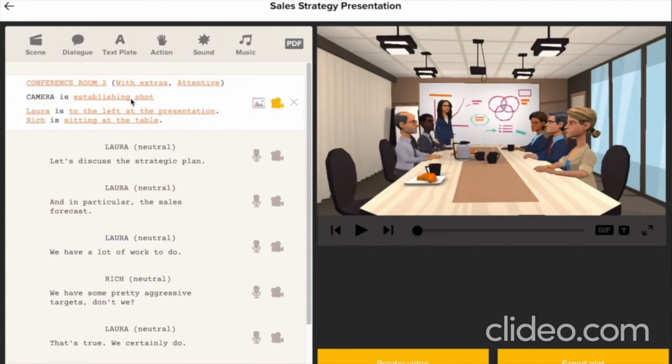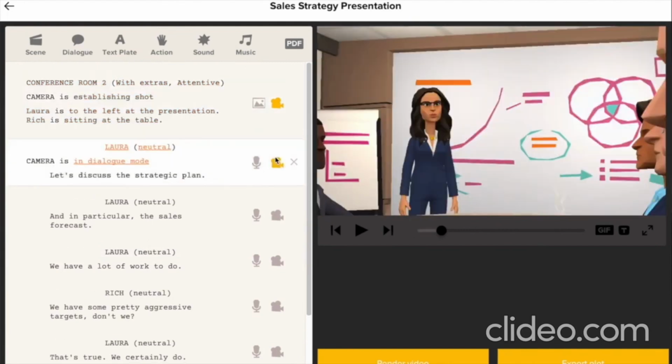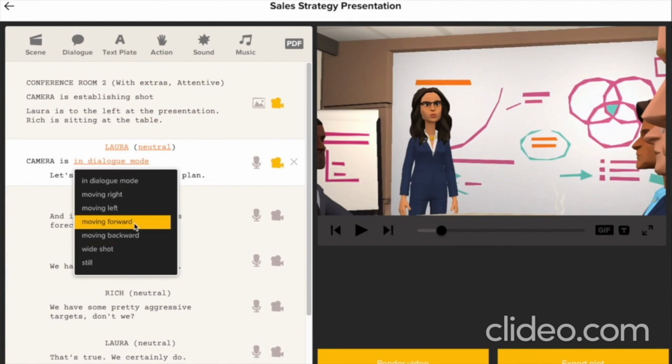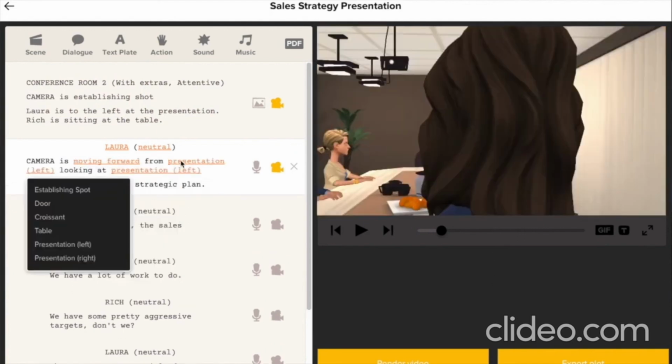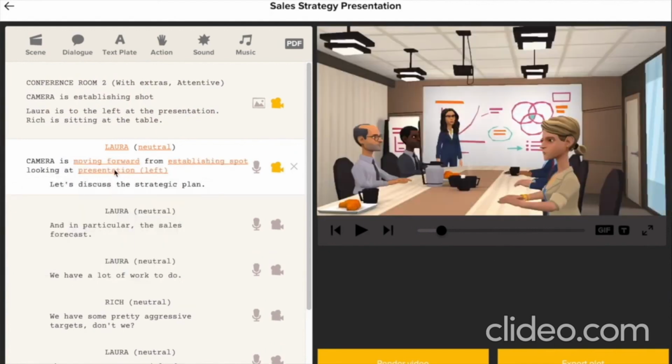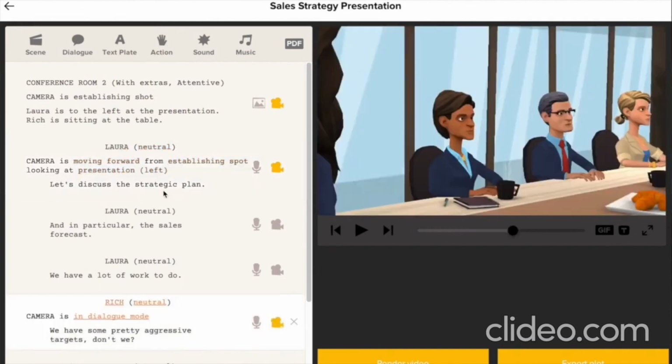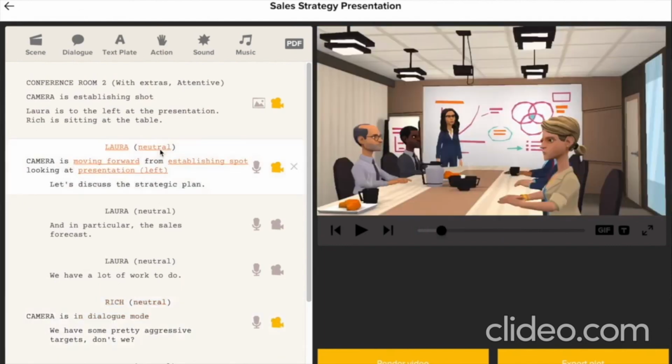With Plotagon, you don't have to worry about camera angles. Plotagon's built-in intelligent editor automatically employs the classic Hollywood shot-reverse shot technique, pointing the camera at whichever character is speaking. Many of the scenes also offer advanced camera control so you can pan, zoom, and position the camera as you like.